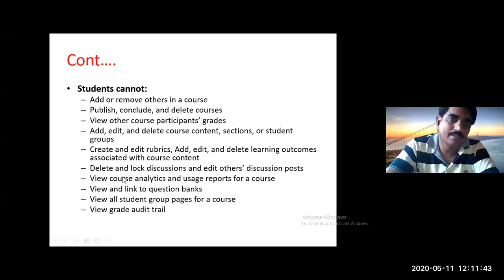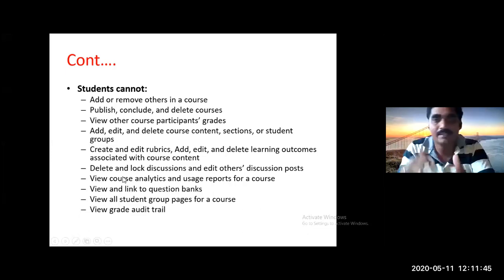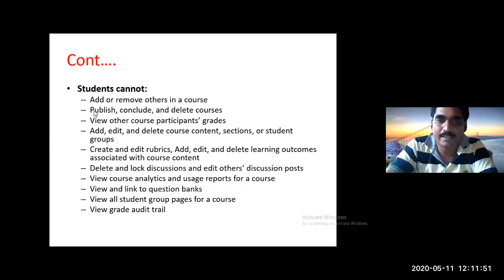This is an important point: what students cannot do in Canvas, or what things are not available to students. They cannot add or remove others in a course. They cannot publish, conclude and delete a course. They cannot view other participants' grades. They cannot add, edit and delete course content.